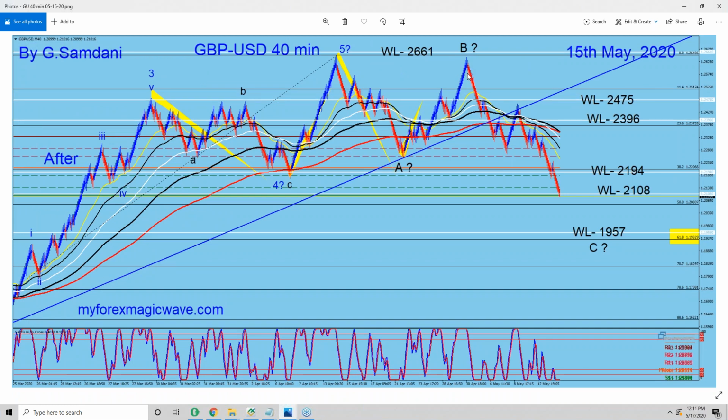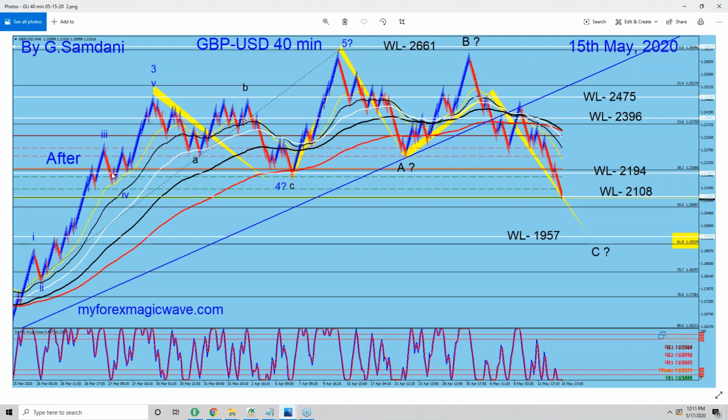Post point B, it started to come down here, and now we are here, 2108, and this is how that old chart, my old chart, looks like. A, B, B. I had it here, but it went up a little bit more, and now it's coming back on track, at 2108, and the target is right here, 1957. Once the correction is finished, then it will decide, well, according to the fundamentals,